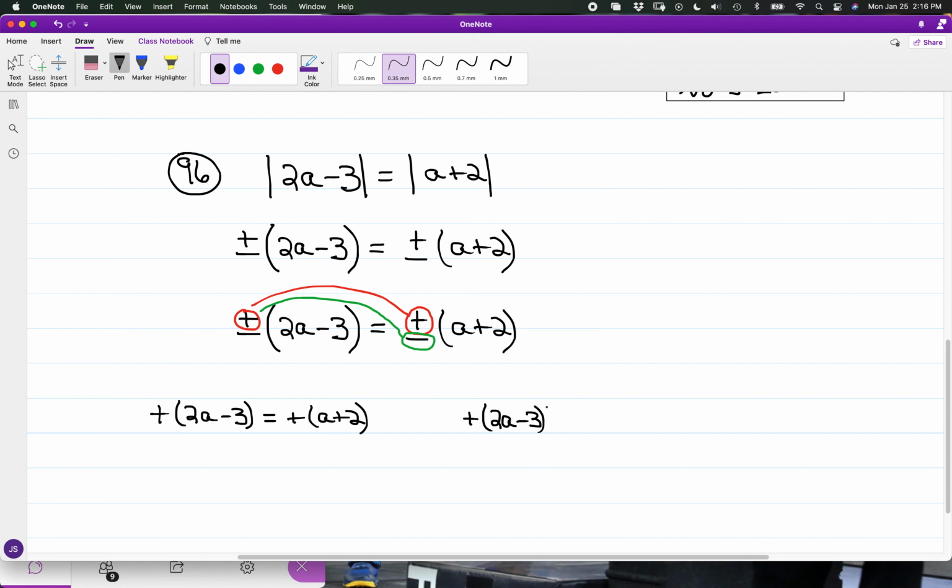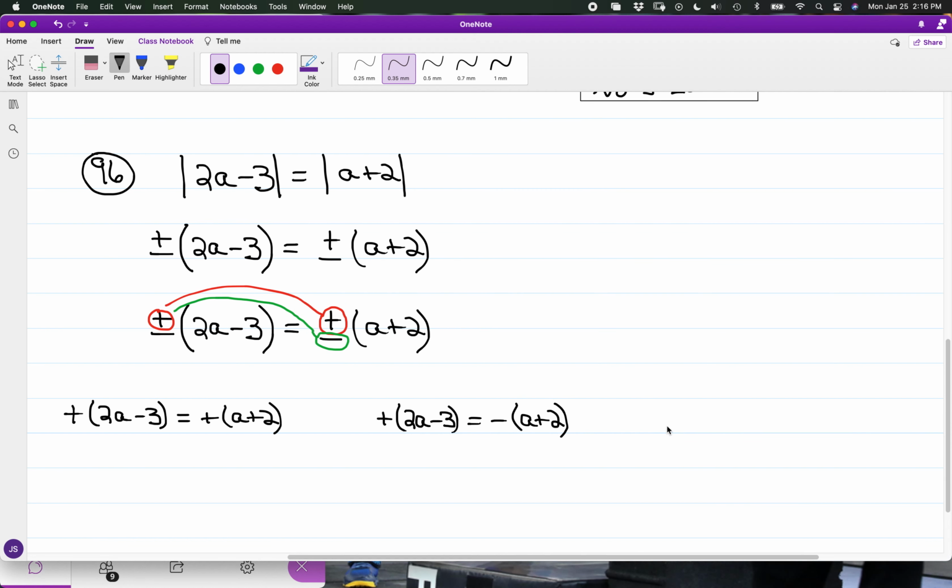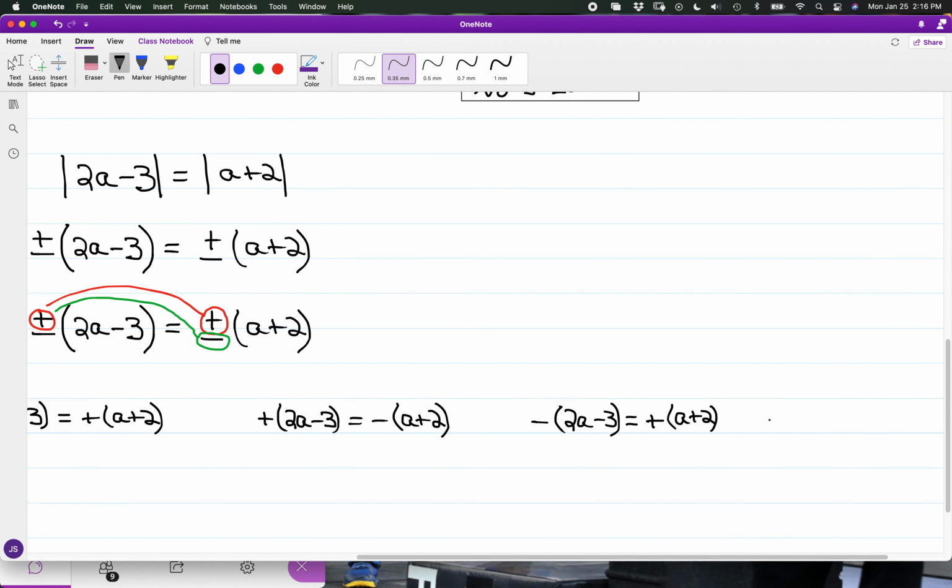Again, have positive 2a minus 3 equal to the negative of a plus 2. But now I'm just going to mention, if I took the negative of the quantity of 2a minus 3 equal to the positive of the quantity of a plus 2,